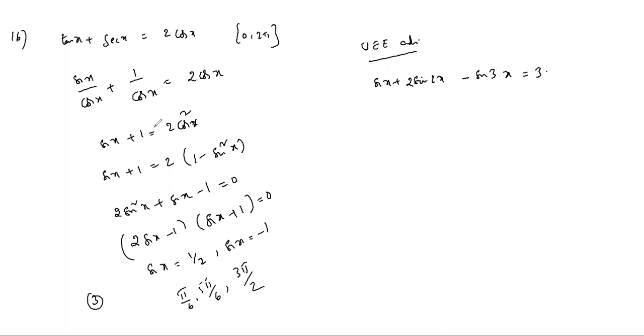Without solving also you can say easily, because see here sin 2x, sin 3x. Even if you take the maximum values, you won't get 3. Sin x maximum value is 1, plus 1, minus 1. So 3 minus 1, 2 only. So you won't get 3. And you won't get sin x and sin 2x equal to 1 for the same values of x. So no solution.